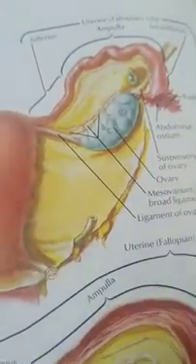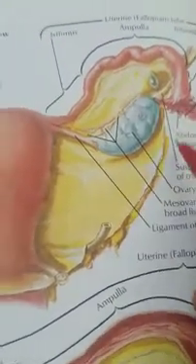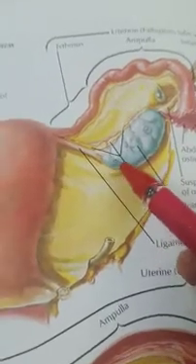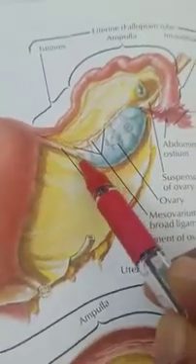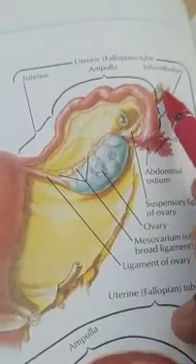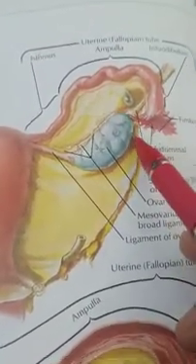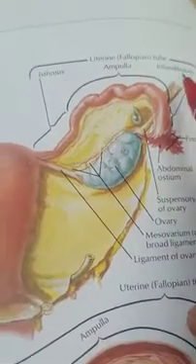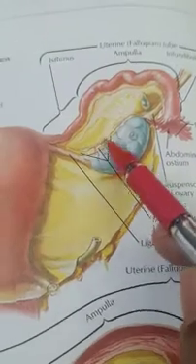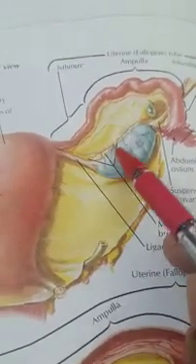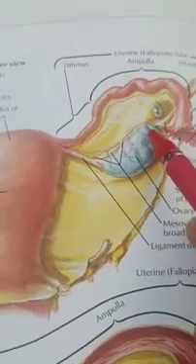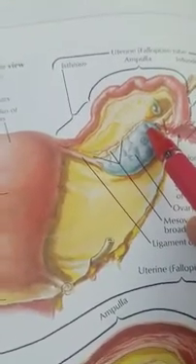So these are the features of the ovary. And coming to the ligaments, we already mentioned. First one is the ligament of ovary, which connects the uterus with the lower pole of ovary. The next is the suspensory ligament, which connects the upper pole of the ovary with the pelvic wall. The third is mesovarium. This is peritoneal fold, attached towards the anterior border of the ovary. So these are the three ligaments related to the ovary.